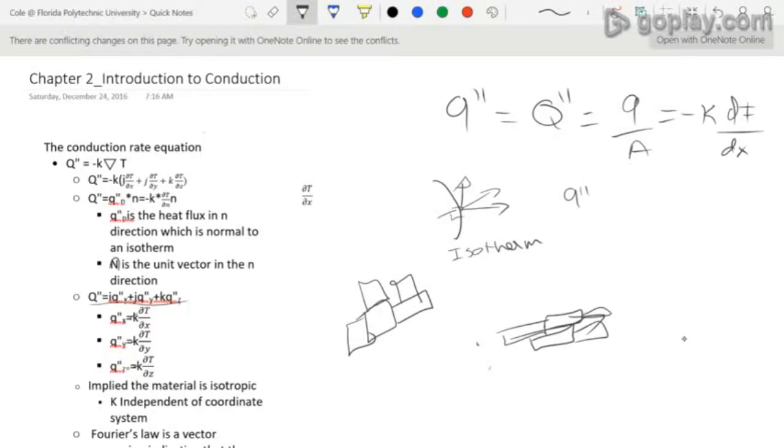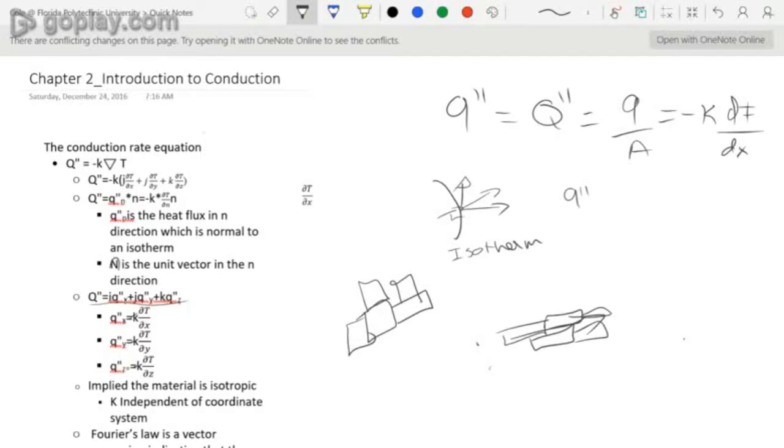In my video, you're going to see this big Q double prime, and for the editing on there, it wouldn't let me go to a lower Q due to the bullet points. But the heat flux is also equal to the heat transfer divided by the area, which is equal to the negative thermal conductivity times the temperature gradient with respect to x. As I said last time, the heat flows perpendicular to, normal to the cross-sectional area,